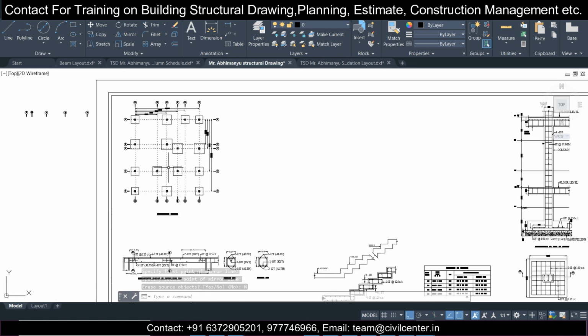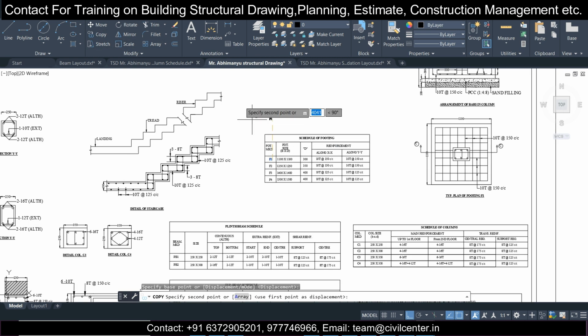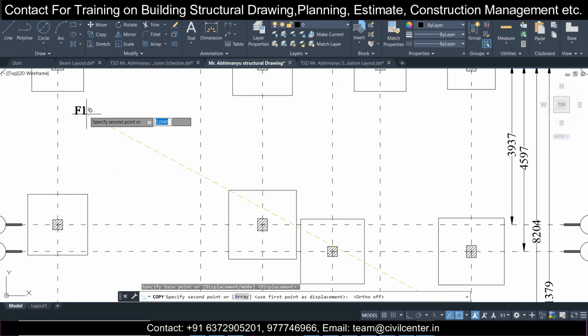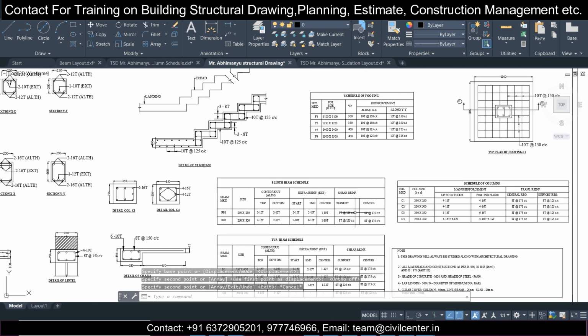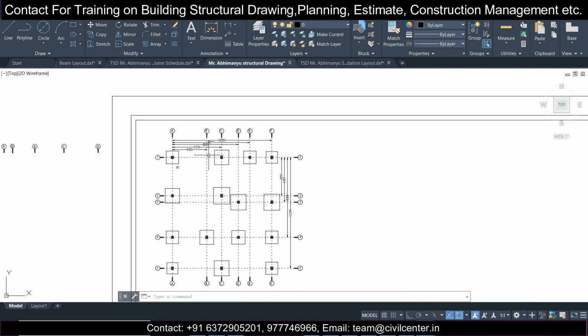So now we can do the footing naming, like F1, F2, F3, F4 and C1, C2, C3, C4. As per our sign convention, we can just put out the footing names here. And we can also prepare the footing schedule, so that we can cover in another video. And also I'll give a detailed video link in the description or the comment box if you want.